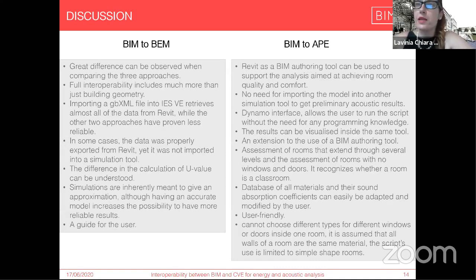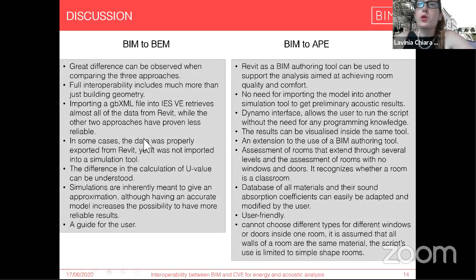For the first part, we found a great difference when comparing the different approaches that we selected through the IFC or the GBXML and the different software. Therefore, interoperability includes much more than just the building geometry. Importing a GBXML file into ISV retrieves almost all the data from Revit, while the other two approaches have proven less